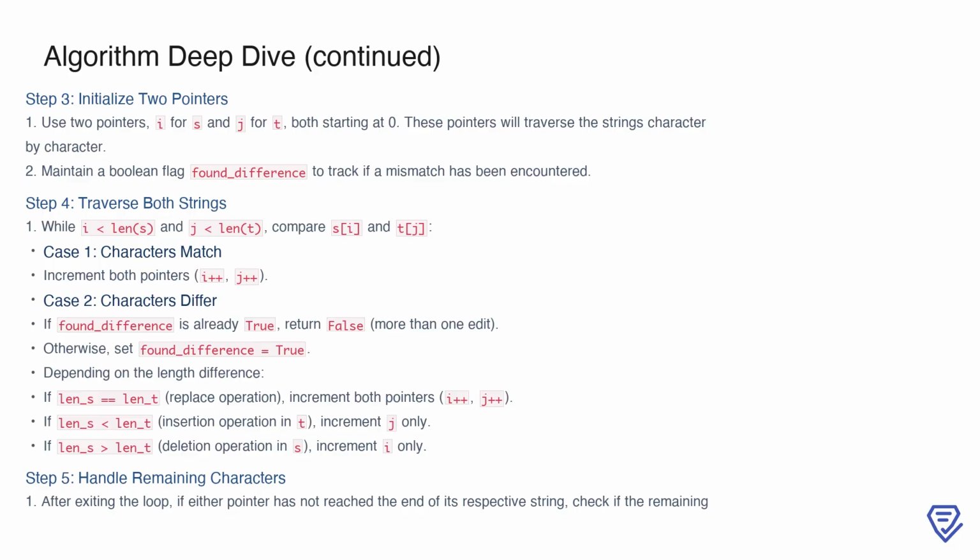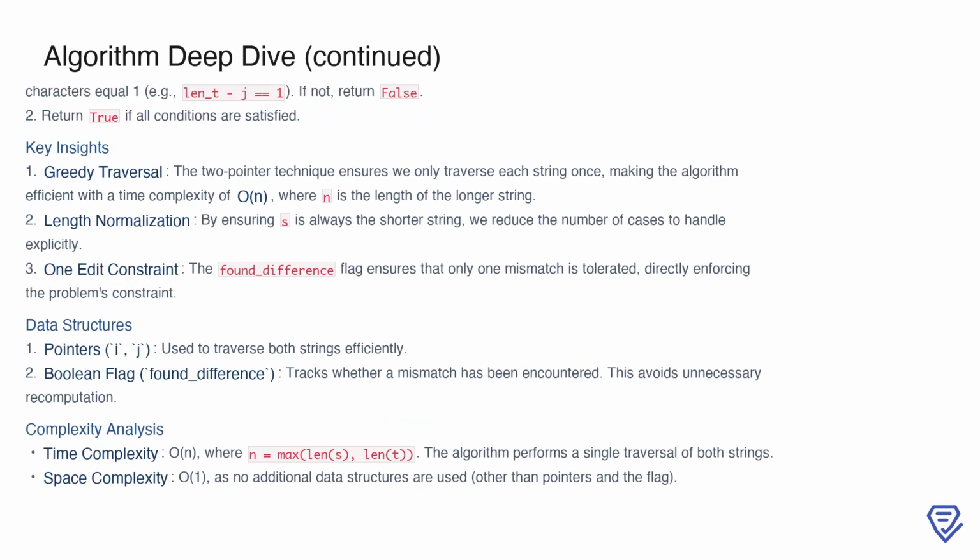This ensures that we handle all possible edit scenarios efficiently. After traversing the strings, we need to account for any remaining characters in either string. If one pointer hasn't reached the end, we check if the remaining characters in the longer string are exactly 1. If not, we return false. Otherwise, we return true because all conditions for a valid one-edit